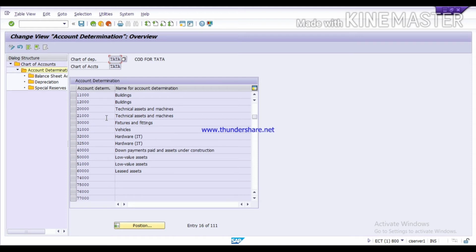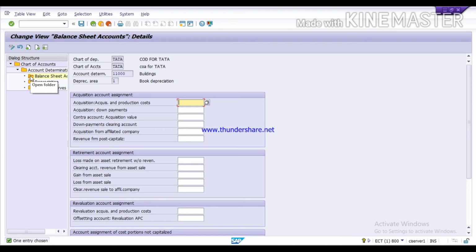Now you can see it is your account determination. Now under this account determination, you need to assign the GL accounts. Select your account determination in which you want to assign the GLs. So now double click on balance sheet account.